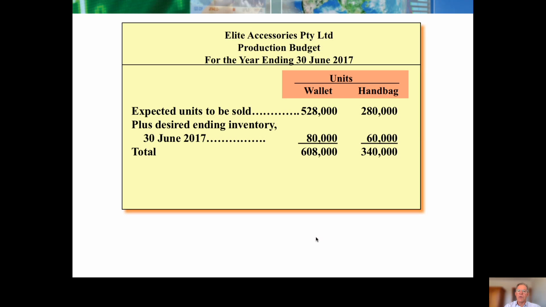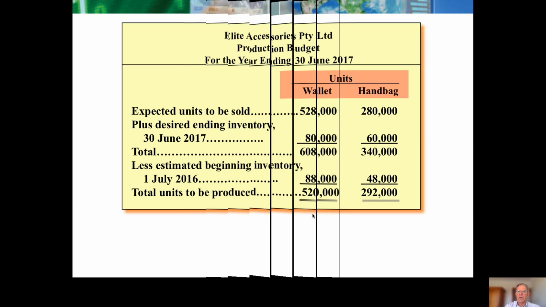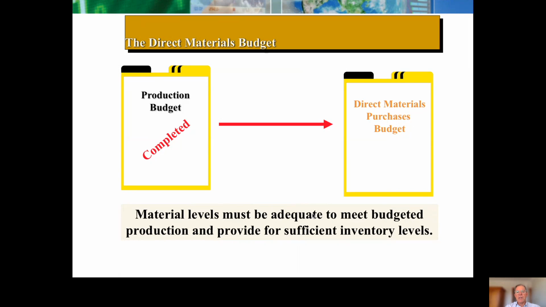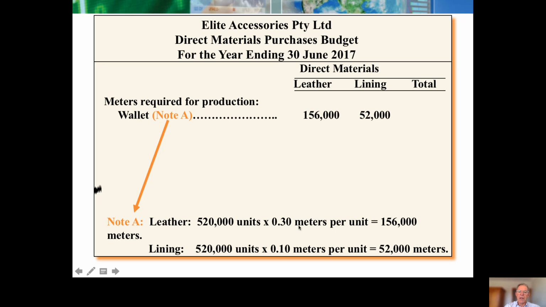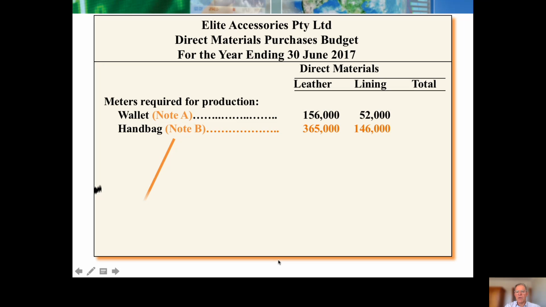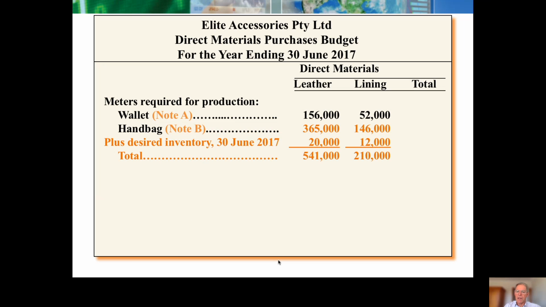Transfer it through to our production budget. And we've got our, and transfer the sales through, do the whole stock calculation again, and we'll know what we need to produce to be able to generate those sorts of sales. So we've completed the production budget, go ahead and do the materials budget, and each product is going to require different amounts of leather. So cost that out, or at least cost it out in terms of leather requirements.